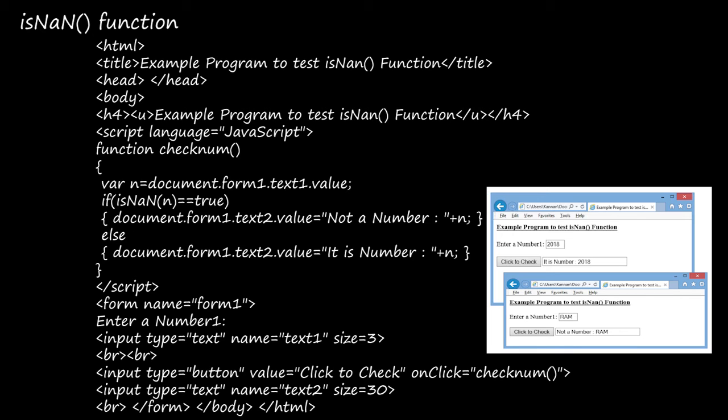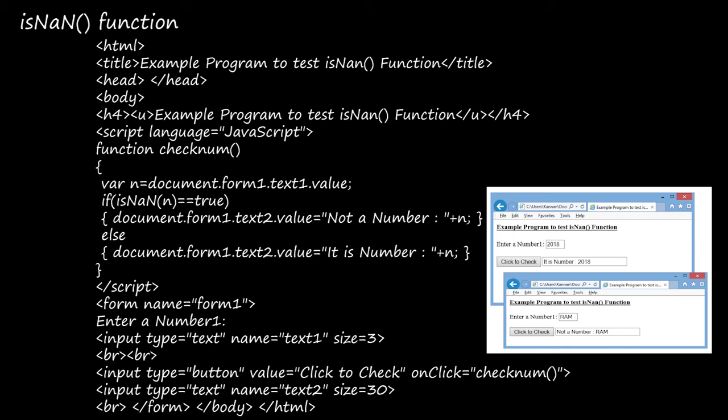So here they have missed to give, but you have to give b tag also, b and slash b also. So here you can see the difference between other lines and this line. This is little bold, right? So here bold tag is also used, right? And then enter a number 1, that is here down inside form.